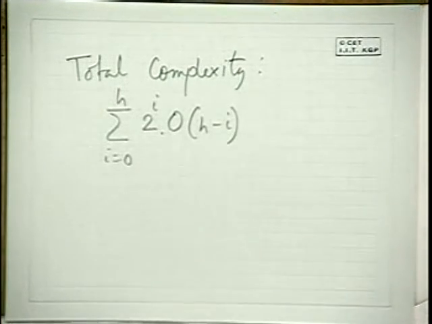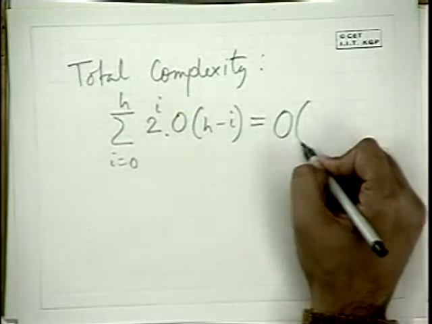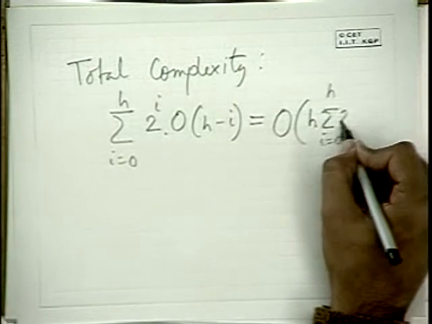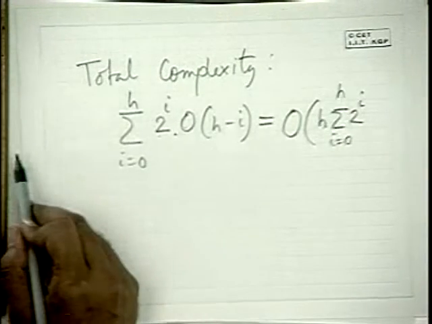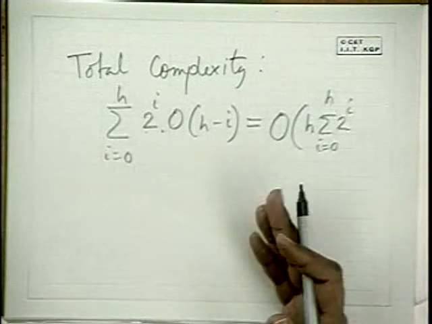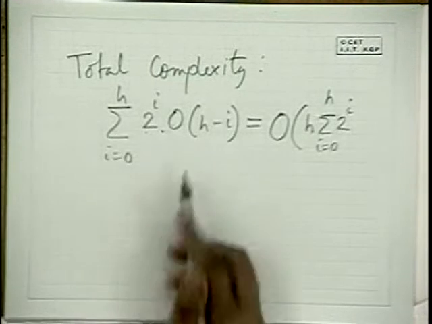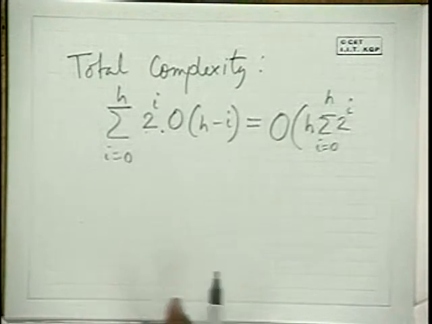And this you can immediately take the order outside. It doesn't matter; if you go through the definition of order, you will see it doesn't matter. This is nothing but a sum of orders, that is, a sum of some constant times h minus i, which I can always handle by putting some big constant at the beginning of my sum. You take the max of all the constants and put it at the beginning.